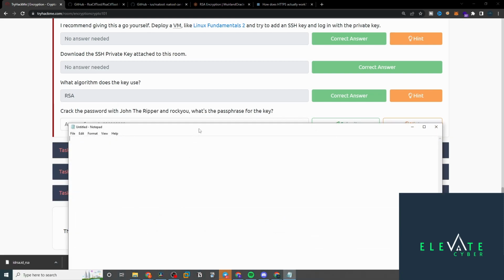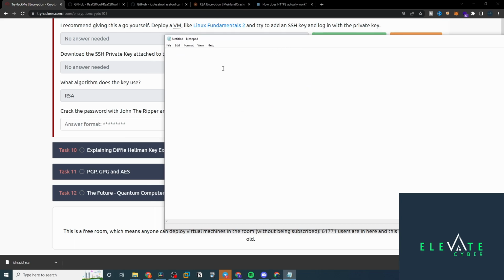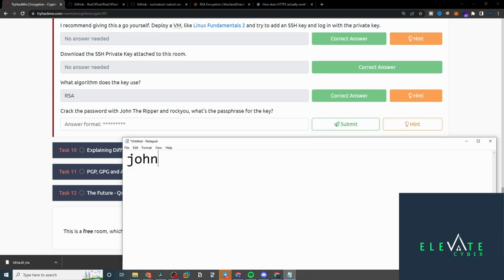John the Ripper, very simple syntax. You can do this in Kali Linux. I'll just type john, and then I would give it the wordlist. So you say --wordlist, and you need the equal sign here. And then I would pass it /usr/share/wordlists/rockyou.txt. This is where you're going to find the rockyou.txt on Kali by default.